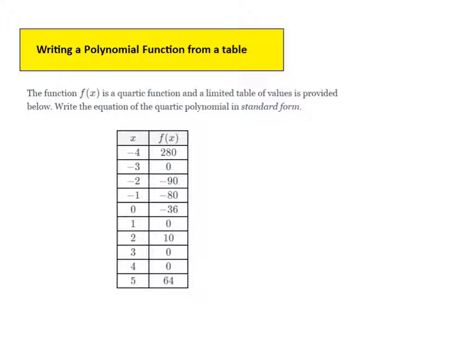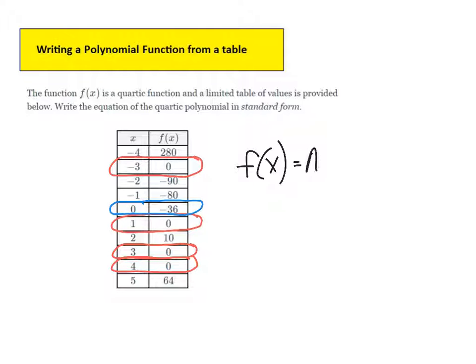So looking at the table, we need to find some zeros, and that's when the function equals 0. So here's one, here's another one, here's one, and there's one right there. So there are our zeros. Now if you look carefully, you'll also find your y-intercept right there, because the x is equal to 0. So we can go ahead and set this one up. f of x